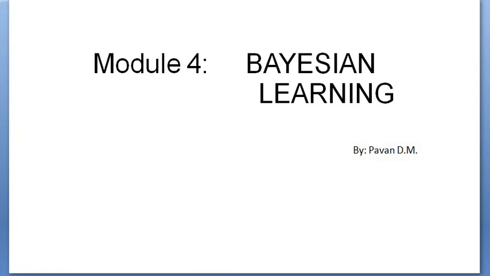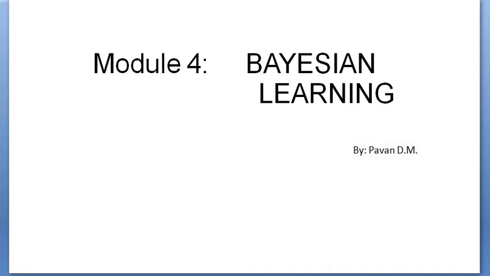So in this video, we're going to start with module number 4, which is called Bayesian learning. In the last video, we saw module number 3 and completed its last portion, which is on the perceptron training rule as well as the gradient descent rule. We have seen the two rules for weight adjustment in the perceptron. So that completes the third module, and today we will start with the fourth module, which is called Bayesian